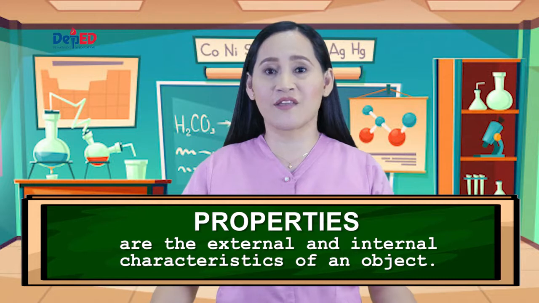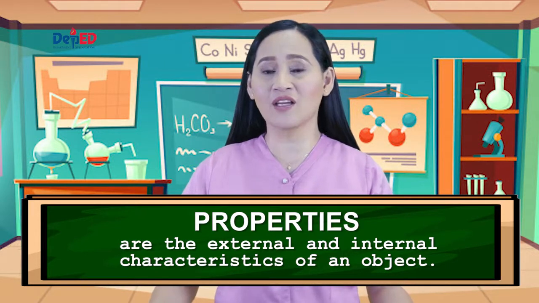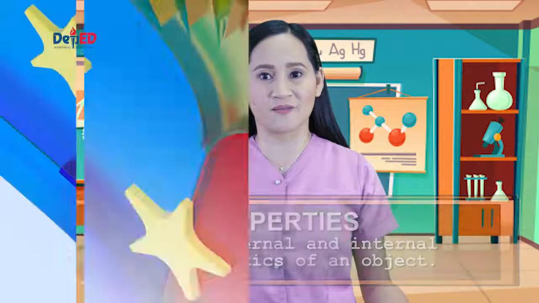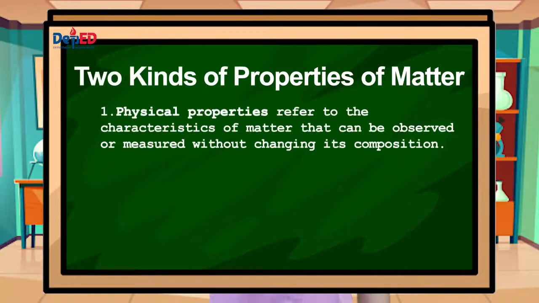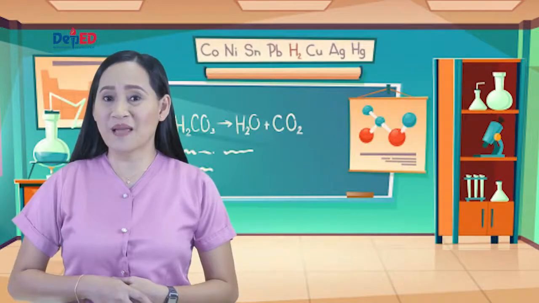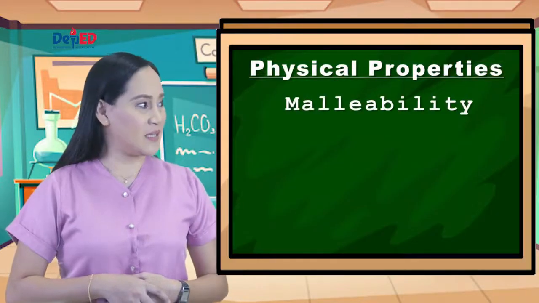I know you have your own answers in mind. Before we check, let us know first what properties mean and its two kinds. Properties are the external and internal characteristics of an object. There are two kinds of properties of matter. First, we have the physical properties that refer to the characteristics of matter that can be observed or measured without changing its composition. Some examples are malleability,